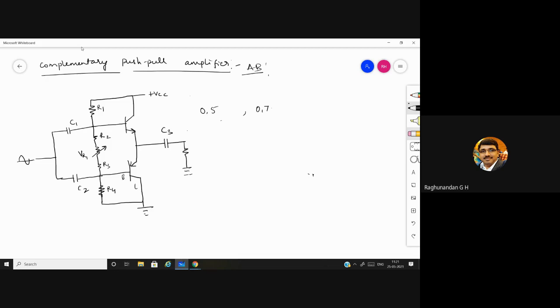which occurs between the base and emitter, that can be eliminated. When you consider this circuit with this portion of the circuit, that means this portion with this portion, when you consider these two, or you are considering this particular loop, can you tell me how they are connected, this portion and this portion, whether they are in series or in parallel?